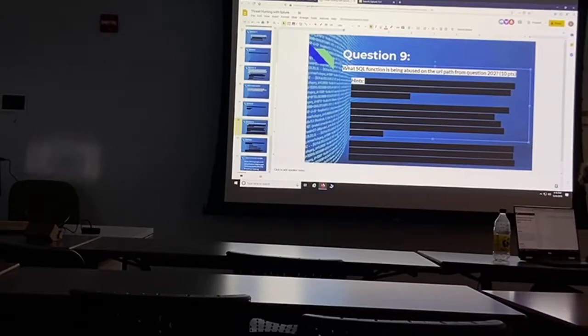No, it's trying to dump the database, but the dump database needs a correct login. So that's what it's trying to check the login too.